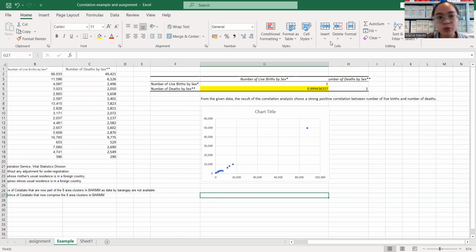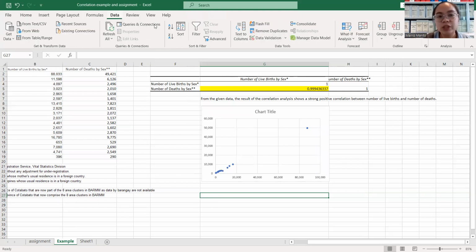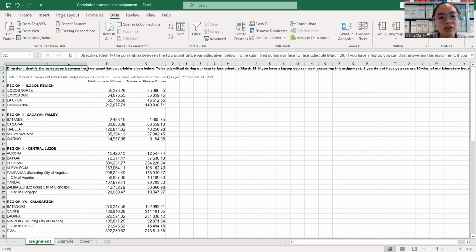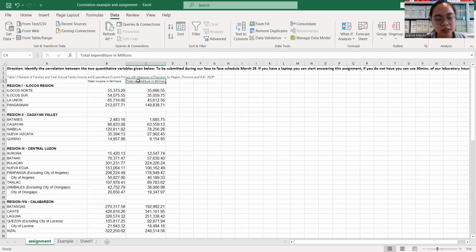So I hope you will be able to do this on your own. For those who have laptops at home and can access this through Google Classroom, I will send a copy of this assignment in the Google Classroom so that you can answer it. The assignment is to identify the correlation between the two quantitative variables given below, the total income in millions and total expenditure in millions.